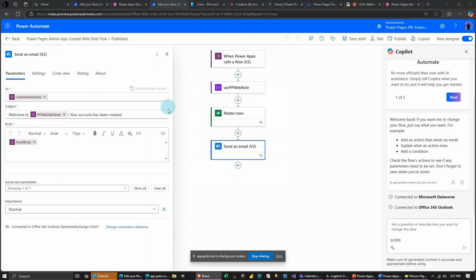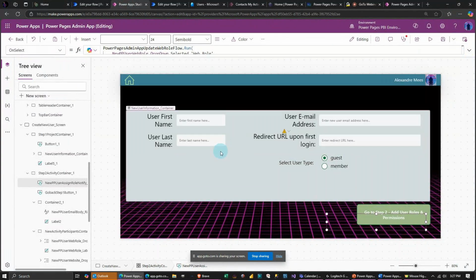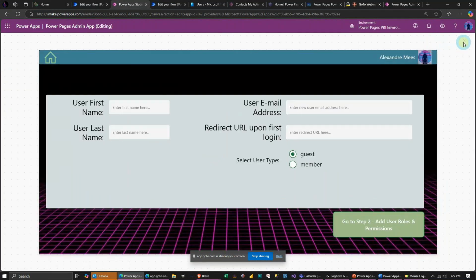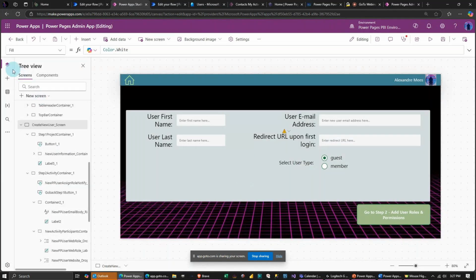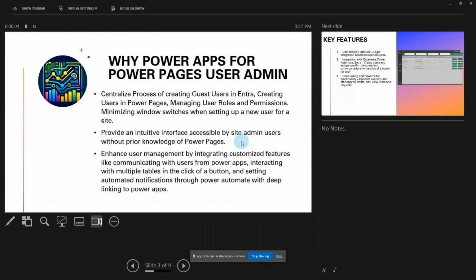But basically, on the end user admin side, for someone who doesn't have access to all of the knowledge or isn't an expert in Power Pages, or if you want to integrate all business rules, I could see this being a useful tool for that. So to quickly go back to my presentation,